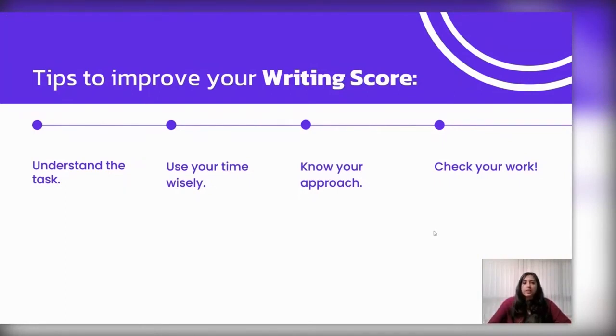Okay, you can definitely do that if it's paper based. If it's computer based, also, you can just highlight it. There's an option for that. So make sure you understand the task, because only after that can you write your answer or prepare things